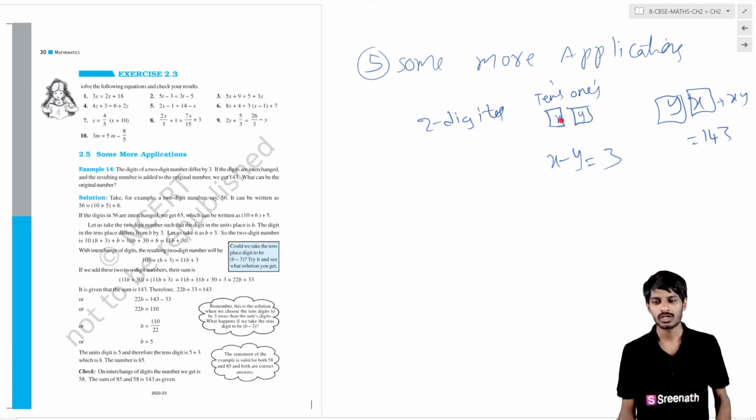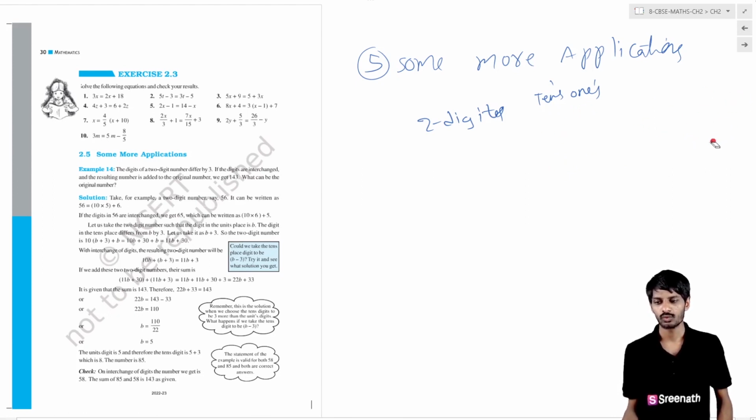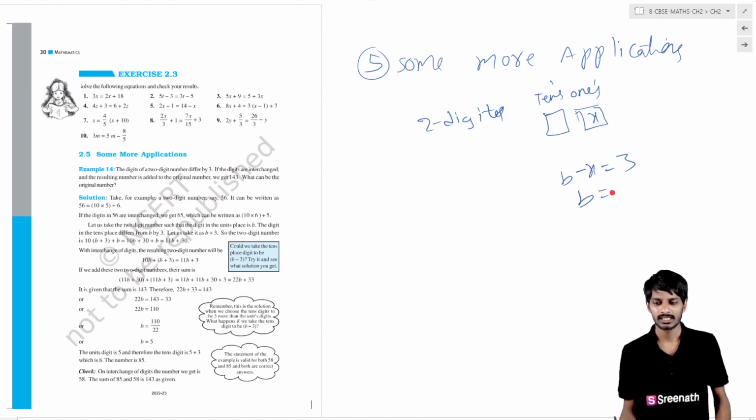but we are discussing solutions in one variable only. So x and y are two variables, and we don't want two variables. So we have to solve it in one variable only. This is the tens place, this is the ones place. Suppose the number in the ones place is x. Then what he has told you, the difference of the two digits is 3. Suppose this is b, then b minus x is equal to 3. So what is the value of b? That is equal to x plus 3. So the digit is x plus 3. So we can write it as x plus 3.